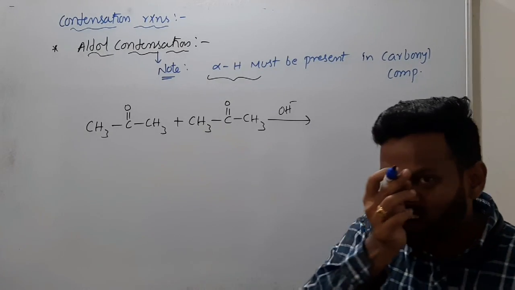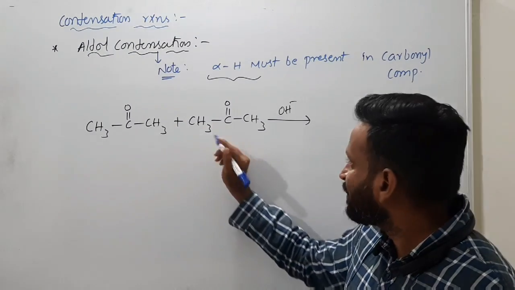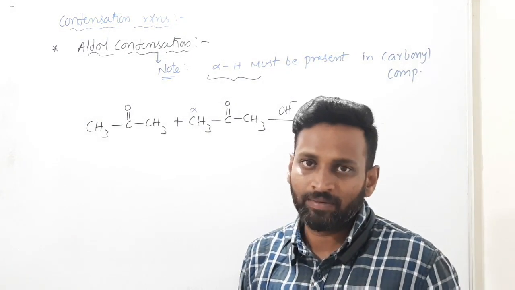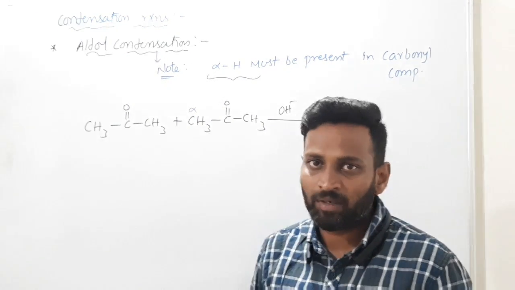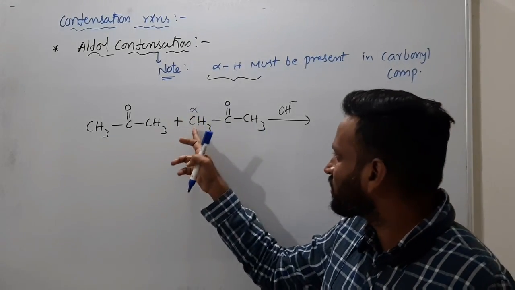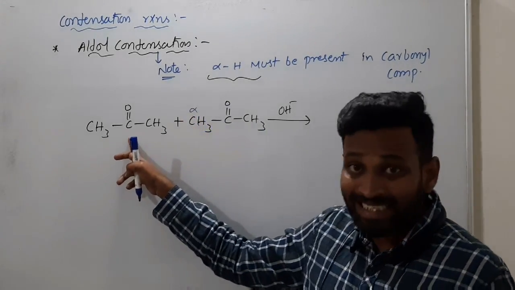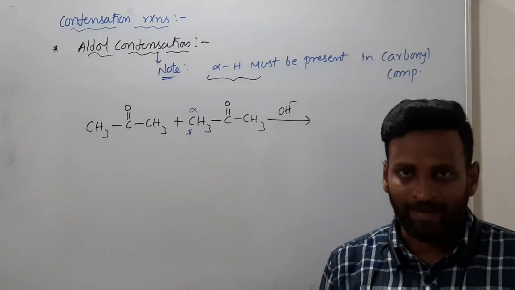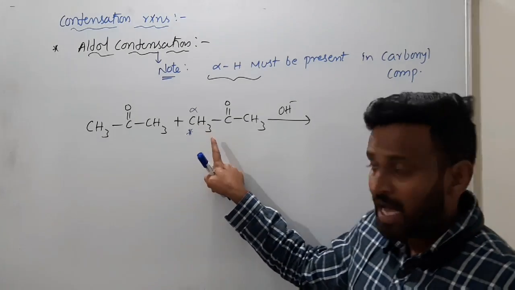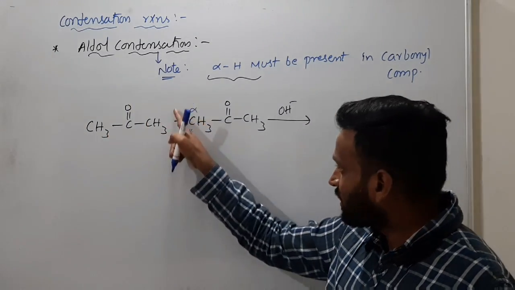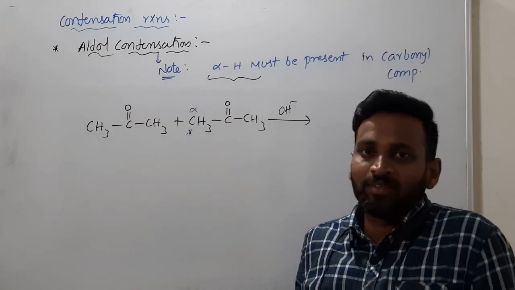As I said, for one of the aldehyde or ketone, you have to take alpha hydrogen. You have to select the alpha carbon. Why this one? For convenience, writing this carbon here is easy, that's why I am writing it. So this is the alpha carbon I am selecting. From this alpha carbon, hydrogen will be removed and go there, and this CH2 minus will add on this, that's it.